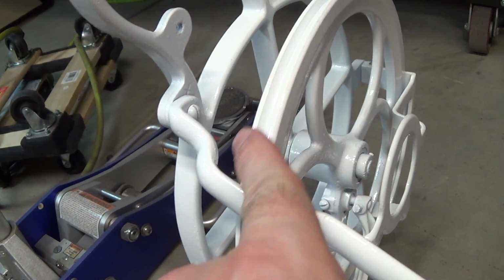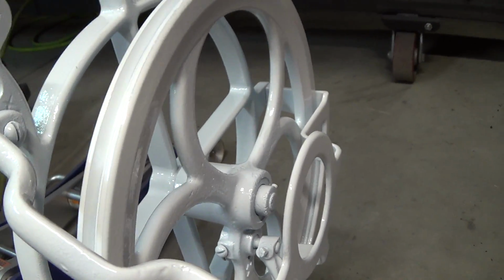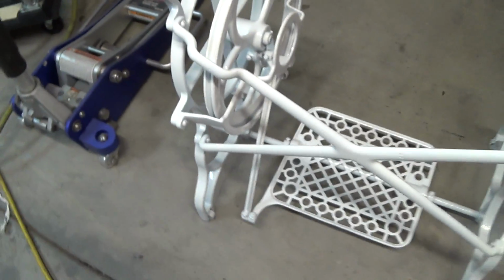I couldn't get this wheel perfectly because it's hard to spin it around while you're painting it, so I didn't quite get coverage there, but most of it's okay. It's going to be sitting like this anyway, so you're not going to see that. Anyway,